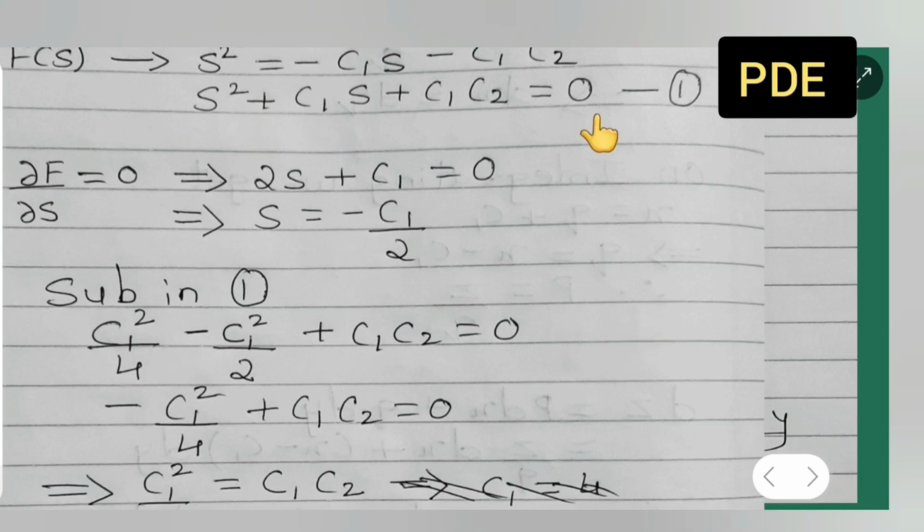Okay, now have you seen this equation 1? Now differentiate this with respect to s. So this is dou f by dou s is equal to 0, implies now differentiate with respect to s. So what you are going to get: 2s plus c1 and this will be what, 0, right? This is a constant term. Constant term is 0. So 2s plus c1 is left is equal to 0. Write it as it is. Now s is equal to minus c1 upon 2. Okay, I hope this part is clear to you all.